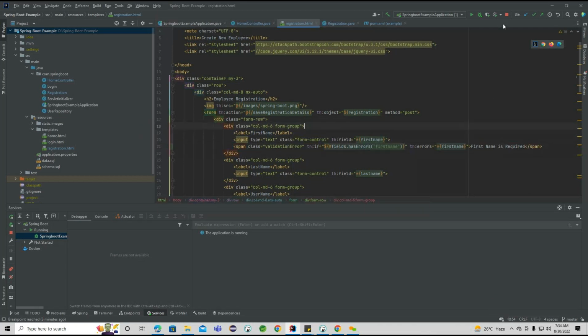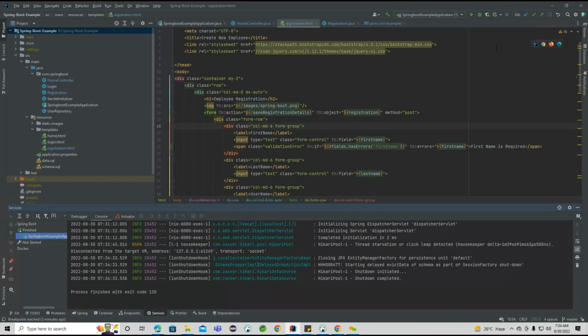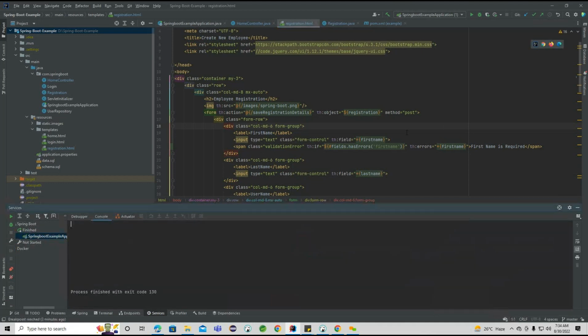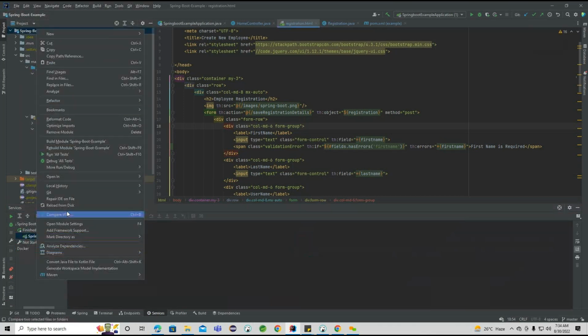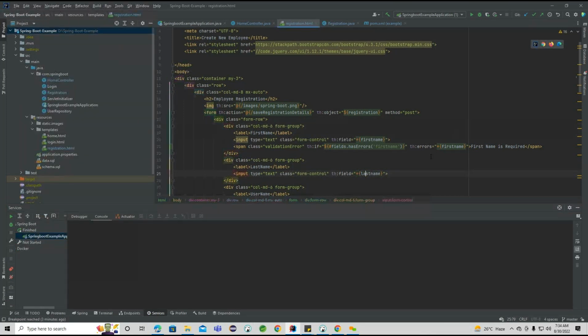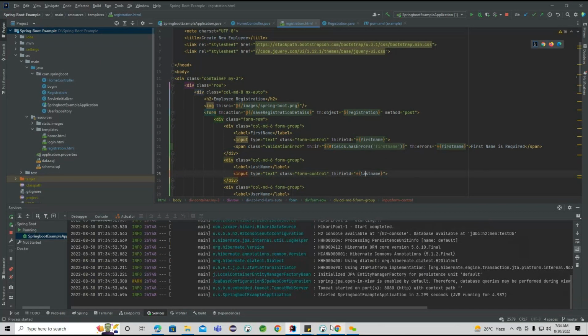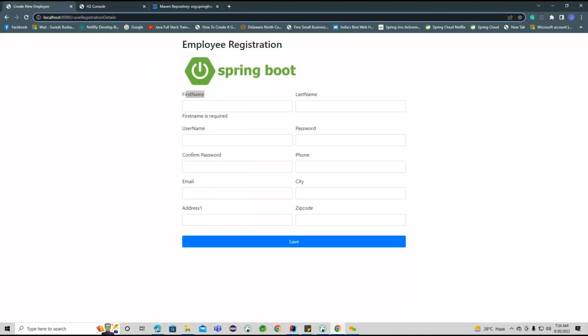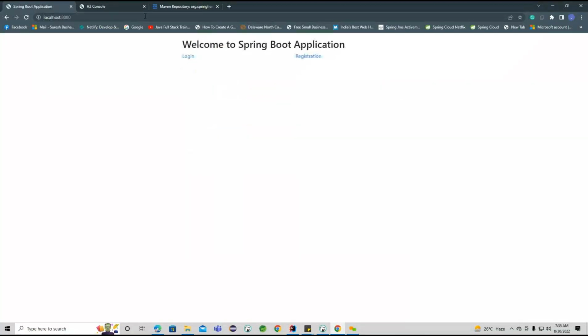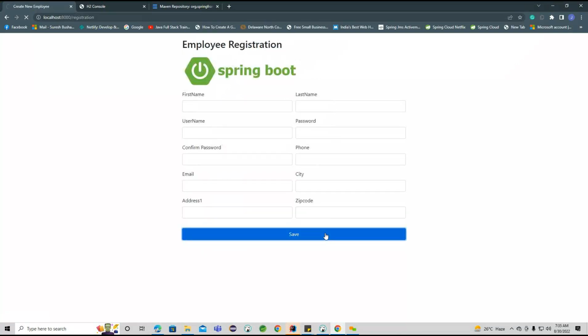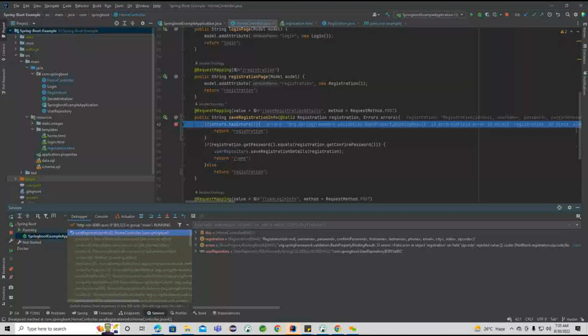We'll identify which message it is going to print here. Okay, let me refresh this. Again, I'm trying to run. Basically, we are expecting to see an error message as well. So now it is a Thymeleaf framework we are using here. No, it is not printing. Okay, so anyway, it is coming to this